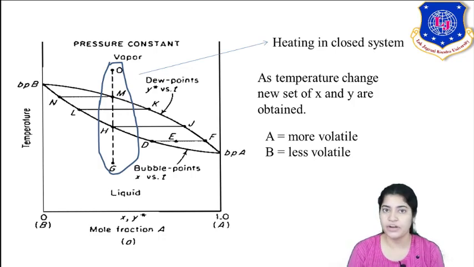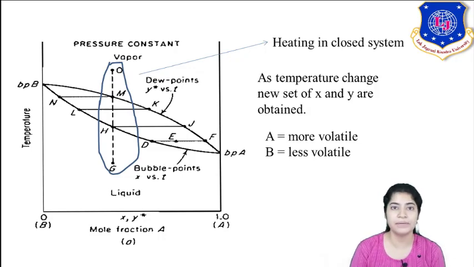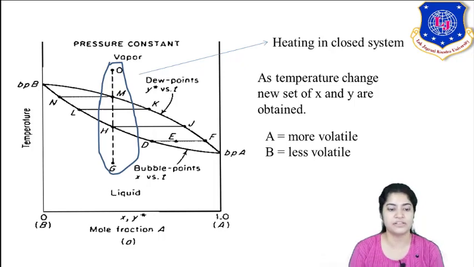Now G is the point where I have this mixture of A and B. As I am heating it, I am raising the temperature. You can see, corresponding to the temperature, I am heating it from G to H. Of course at G the temperature might have been different, and now at H the temperature is different. As we discussed in the last lectures, at H it is the onset of vaporization. In the corresponding direction of H, I have J. What does point J show? It shows the vapor composition at that temperature. So H and J are the equilibrium compositions in the liquid and vapor phase.